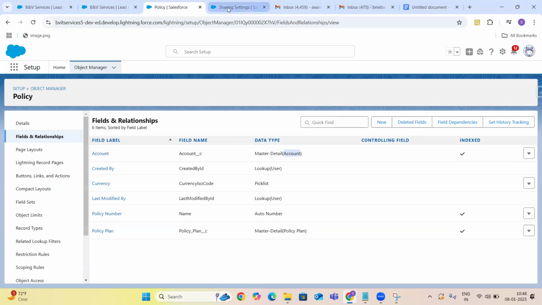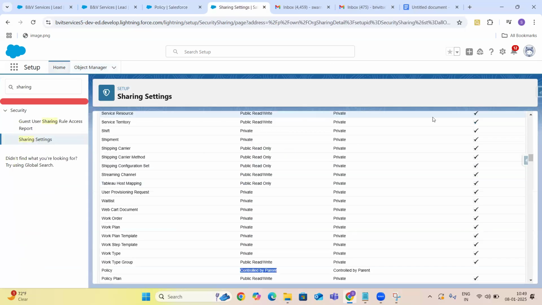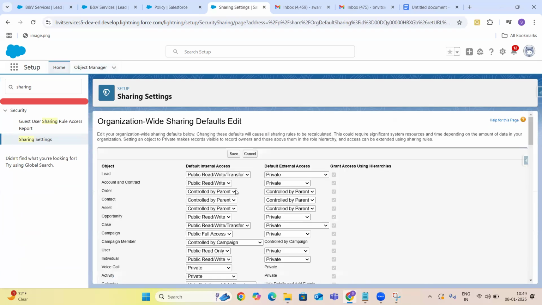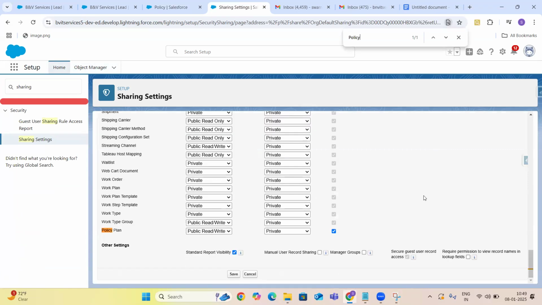Now I'm going to the sharing settings. This is something we can't change. If you click on the edit button and try to change the policy, you will not get that option itself. You will not get it in the list of objects. The policy object you will not get, because that is always controlled by the parent.